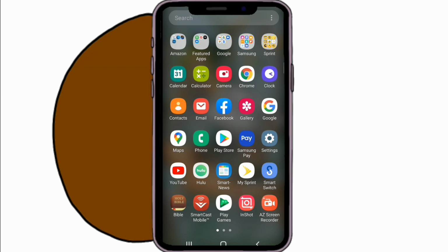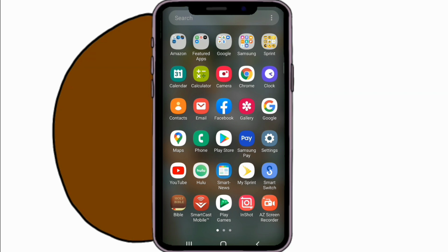So you can go on your Play Store right here, and you can go and get it for free. It is literally free. There are in-app purchases to get premium and all that, but I don't use that, so you don't need it. If you want it, it's your money, but you don't need it, at least not if you want to make videos like mine, because I don't use that.